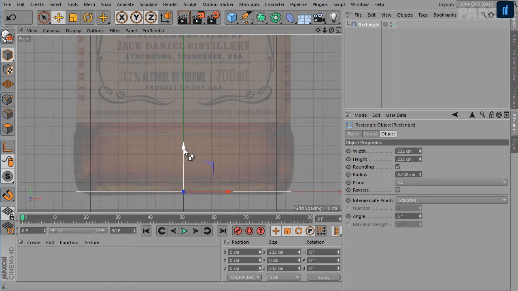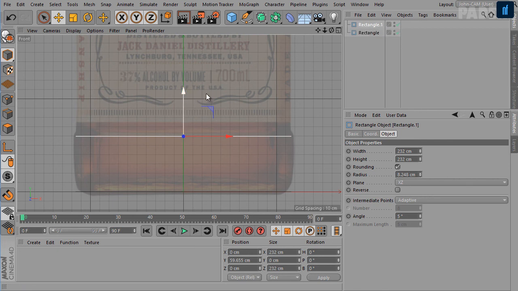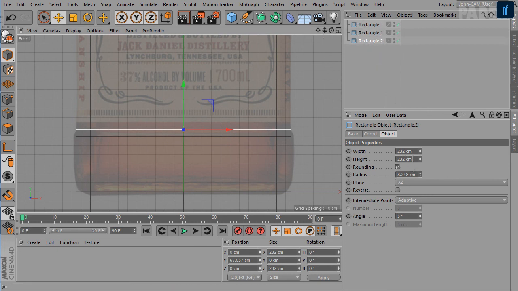Okay, now we need to create a copy of this rectangle. Rectangle 1, and the size will be 232 by 232. Now create one more copy here, and its size will be 225 by 225.